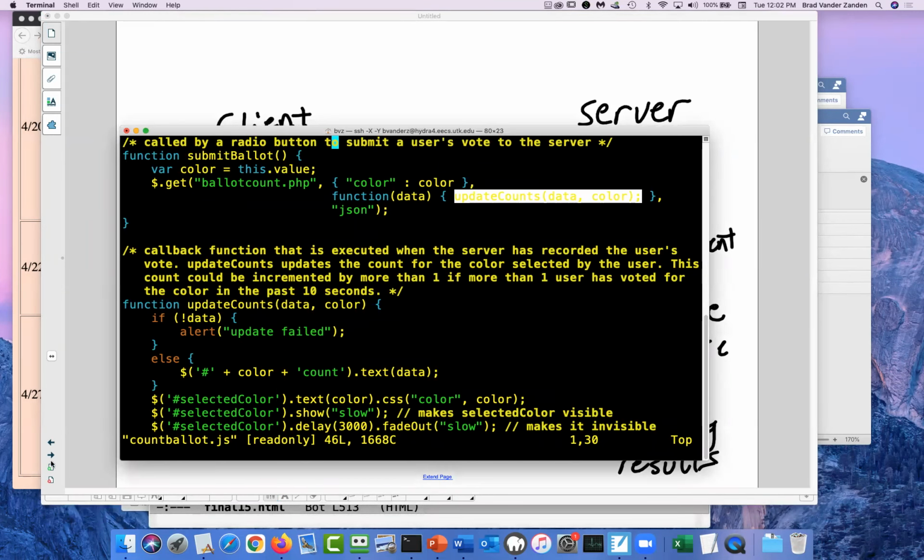So after constructing the list variable here, we interpolate that list string into the HTML right here. And again, it's just a series of line items.